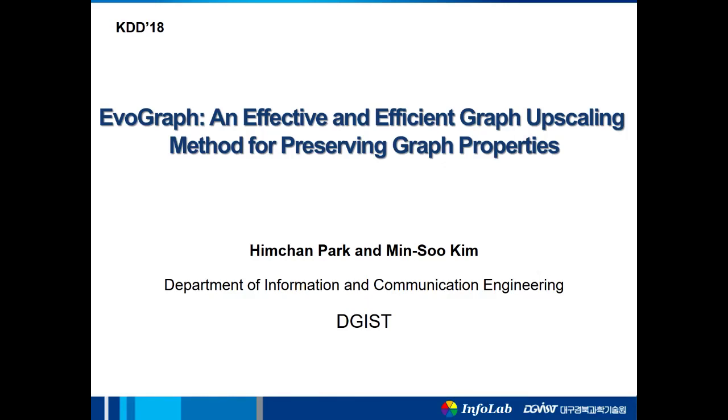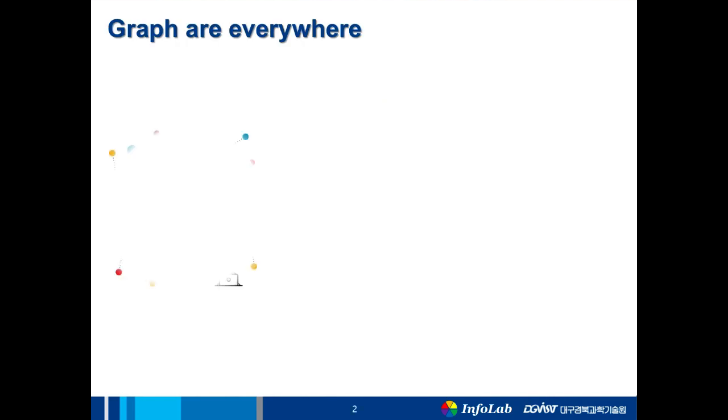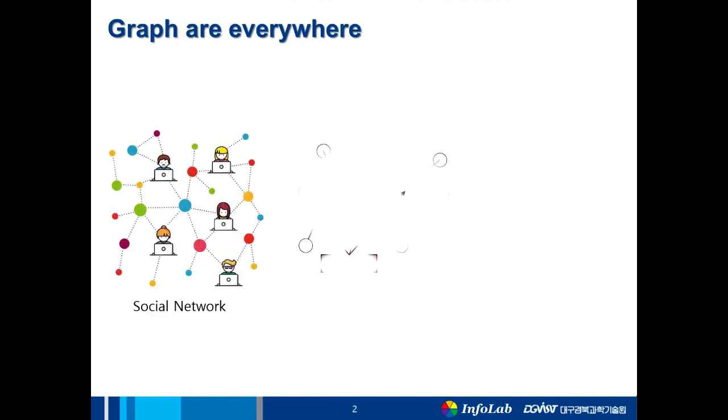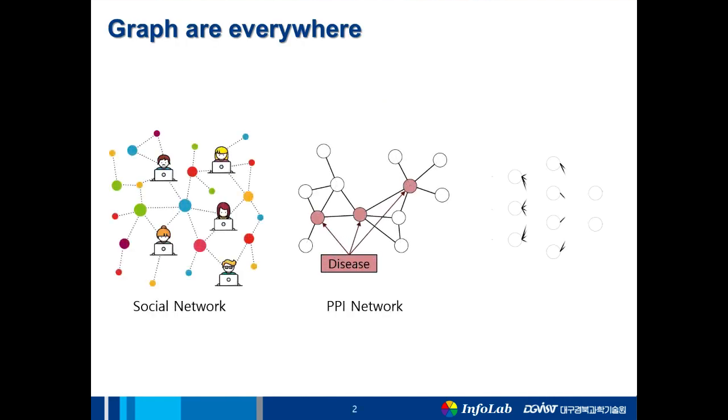Hello everyone, this video shows our recent work published in KDD 2018, EvoGraph, an effective and efficient graph upscaling method for preserving graph properties. Graphs are widely used to model real-world objects in many disciplines due to their simplicity and generality. Graphs are everywhere and there are many representative examples of graphs such as a social network, protein-protein interaction networks,